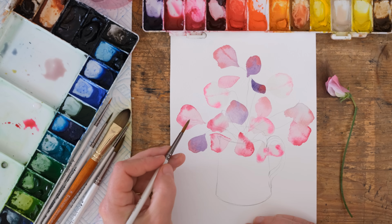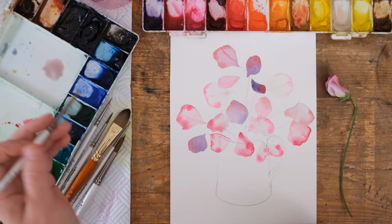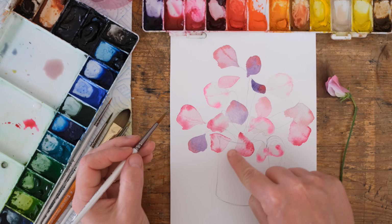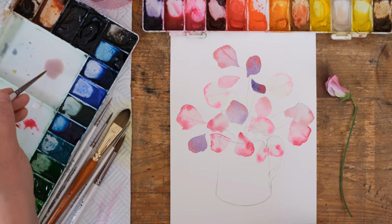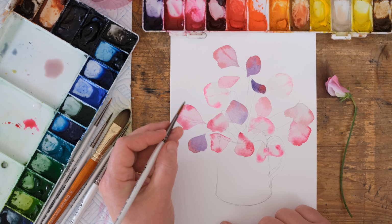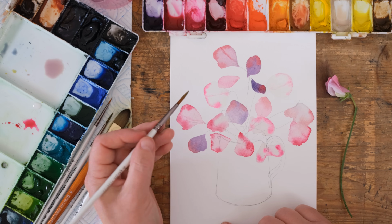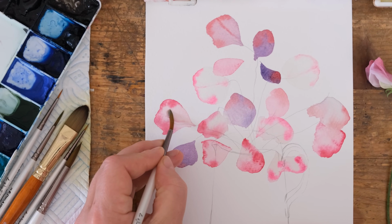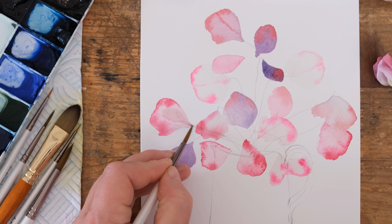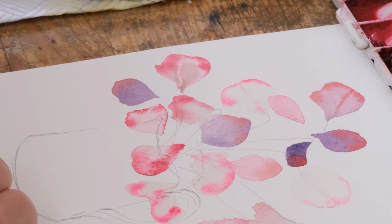Now, when I put this on, it's going to be wet, it's not really going to show up very much at all, but it's in the drying because you can see how these very pale ones have crisped up, look really, really gorgeous. So I'm going to paint this on and you'll be like, that doesn't look anything, that doesn't look right, but trust me, it'll dry. Right, size 4 brush, I'm going to paint on 2 wing petals,